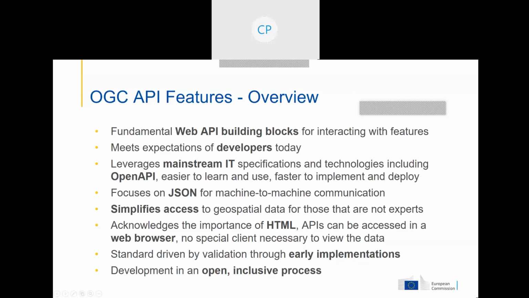One of the things is that the OGC web services don't really meet the expectations of developers today. The architectural style that is used, the dependency on XML, is not what people today expect, or many expect. So there are several things that we did in this revision. OGC API Features supports similar functional capabilities as WFS, but it has a fresh look to it.